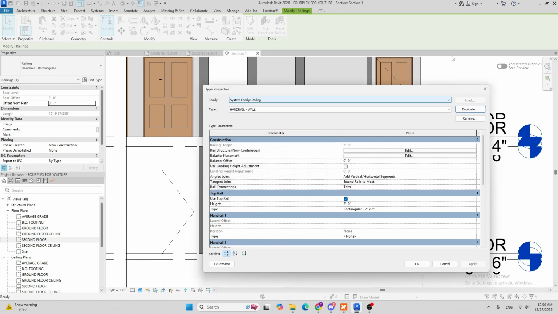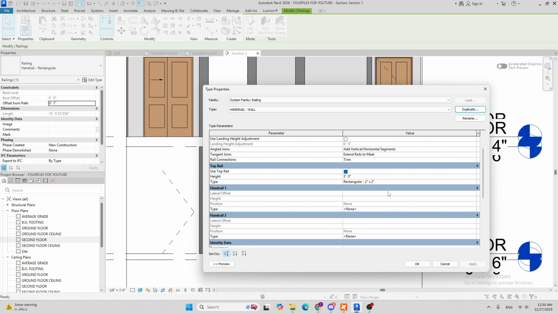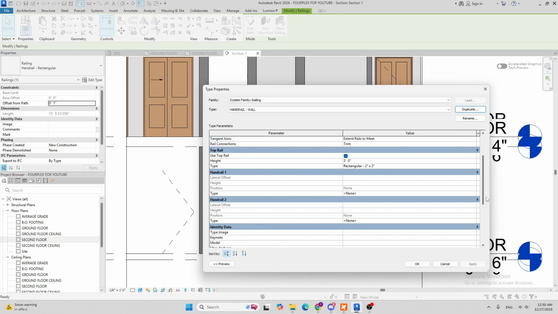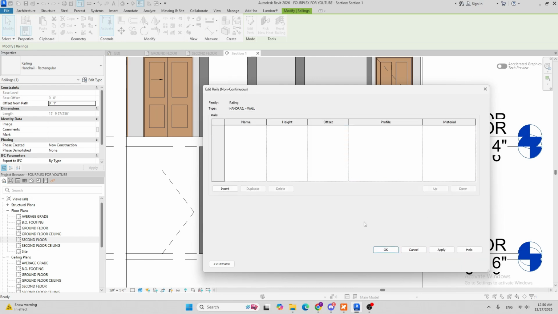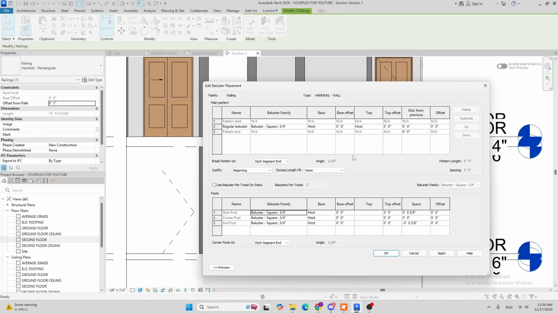So handrail and wall, hit OK, and for the rail structure, handrail right here. So I'm gonna uncheck this use top rail thing, and under the rail structure, there's nothing, we don't need to change anything there. Baluster, we don't need any baluster here. So for the baluster name, I'm gonna click none, and for the star post, we don't need any of that. Click none as well. Hit OK,